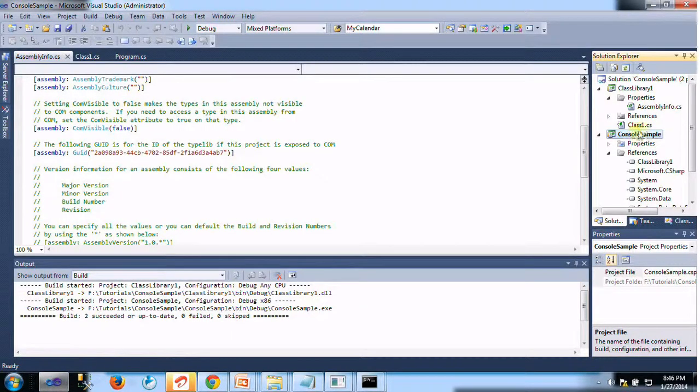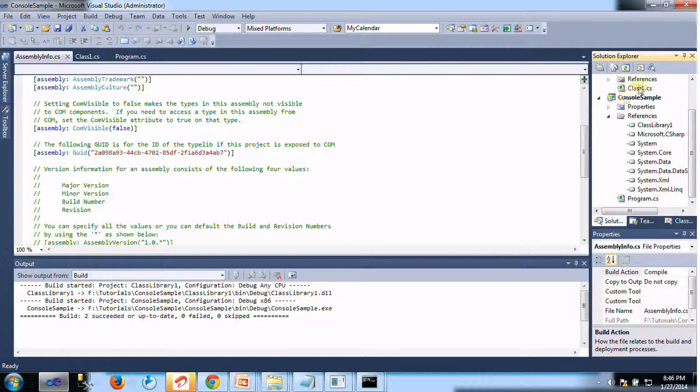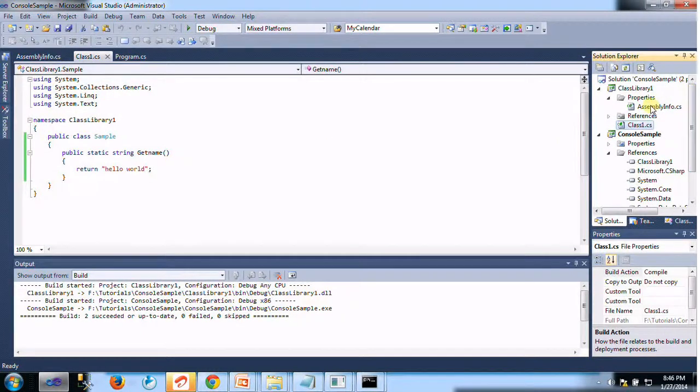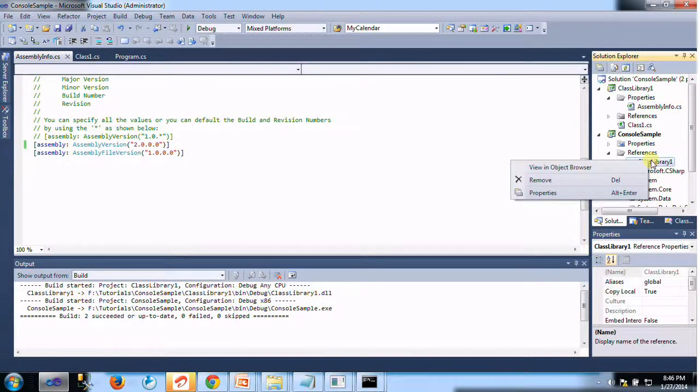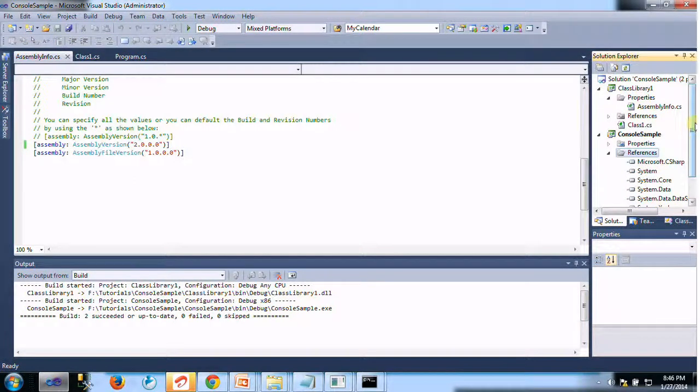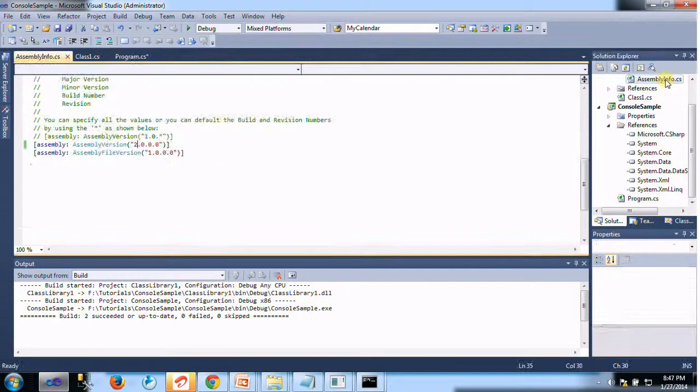Here, I have included this. Here I remove it, and my program files also remove, just comment this, and this is also not needed, so comment this too. Okay, here I want to include